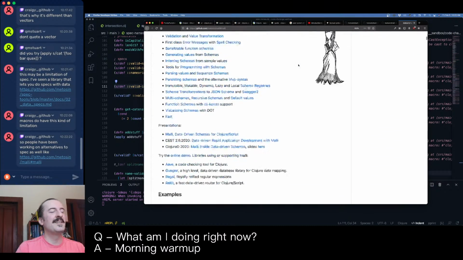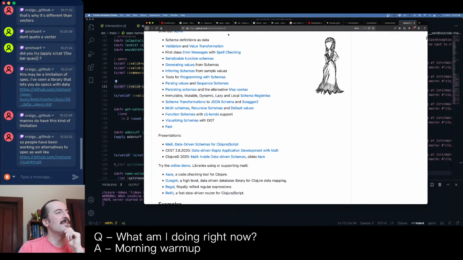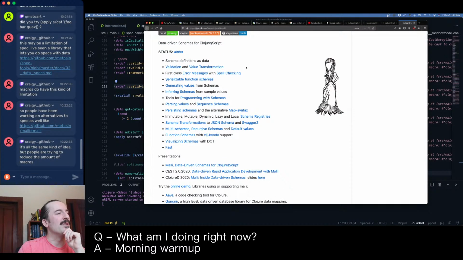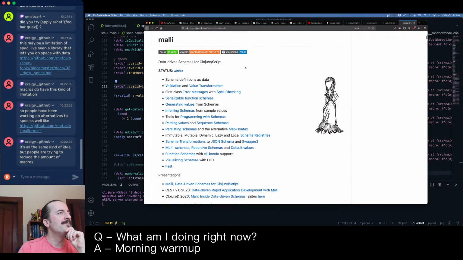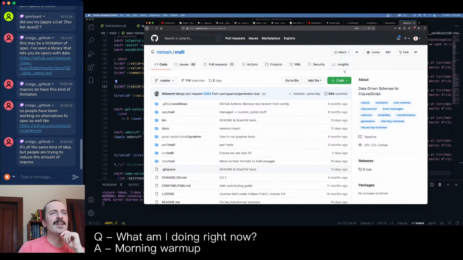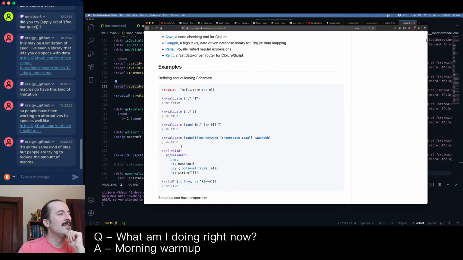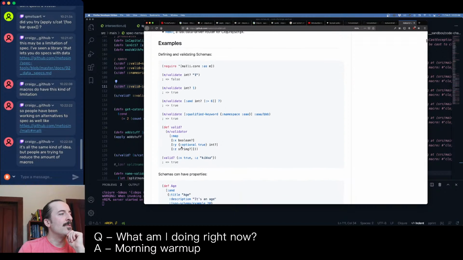This coding challenge continues to confound us. Really, we're not so much doing the coding challenges. We're learning about spec, right? Man, this looks intense. First class error messages, spell checking, serializable function schemas, generating values. Yeah, this looks like all the stuff spec does, but with the part of it I want,